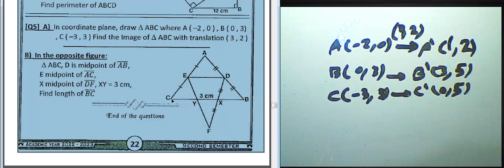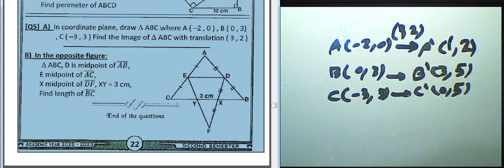Then ED will be equal to half of CB. Okay, and in triangle EDF, Y and X. Here he asked about what? X lies on the median, but you want to find first about parallel. You must prove that first